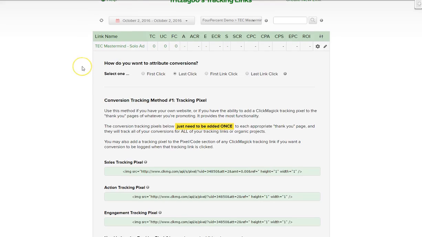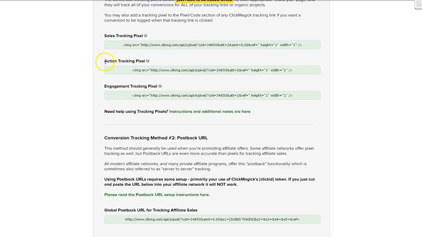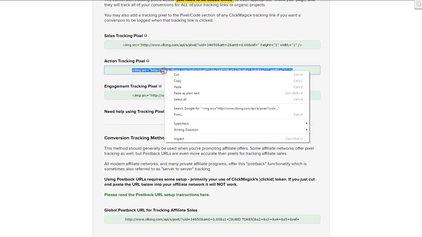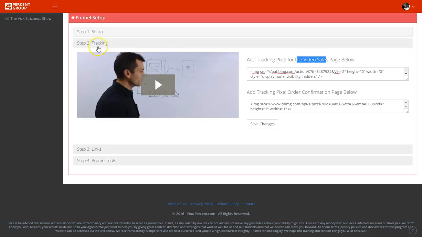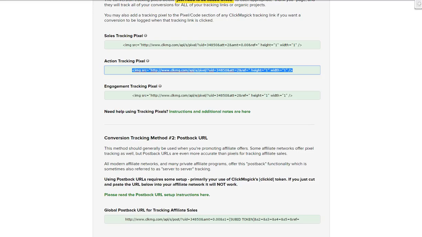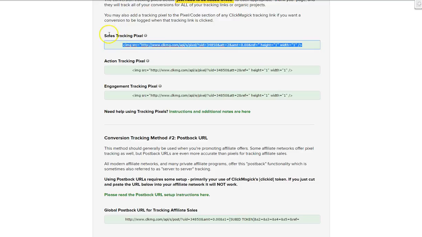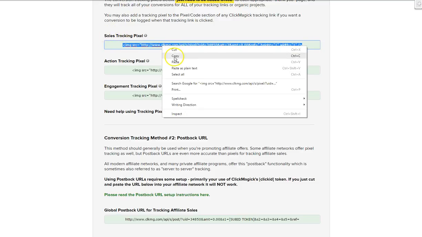So what you need to do now is to copy this particular link over here, the action tracking pixel. You just click on it and copy it and come over to the tech mastermind funnel tracking setup. If this is the first time you are pasting a tracking link, then you just go ahead and paste it there. But you can see I have a number of them, so I'll scroll all the way to the bottom, and then I'll paste it there. Because it's for demonstration purposes, I'm not going to paste it, but that is where I'm going to paste the action pixel. And then you go over again and select the sales tracking pixel, copy it, and then